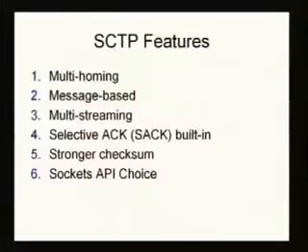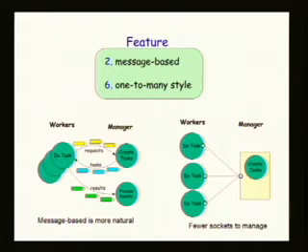Those, again, are the features that Brad talked about. So let me turn to features 2 and 6 first. If you look over on the left, requests, tasks, and results are all messages. This isn't streaming data; these are basically message passing. The fact that SCTP is a message-passing transport protocol helps us in this.